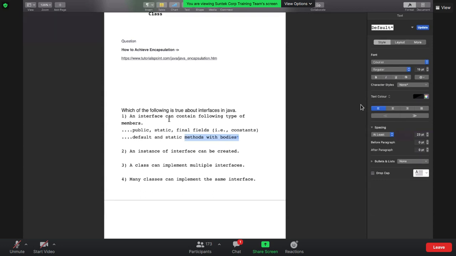So there is no need to create an instance. Okay, so the doubt here is whether the first is wrong.